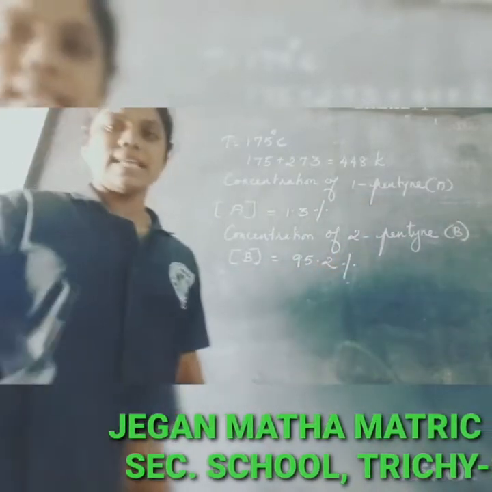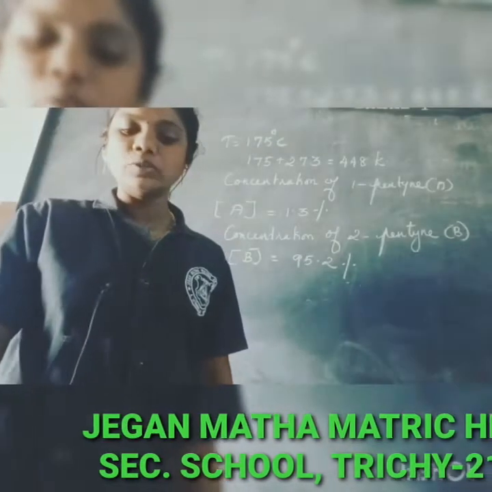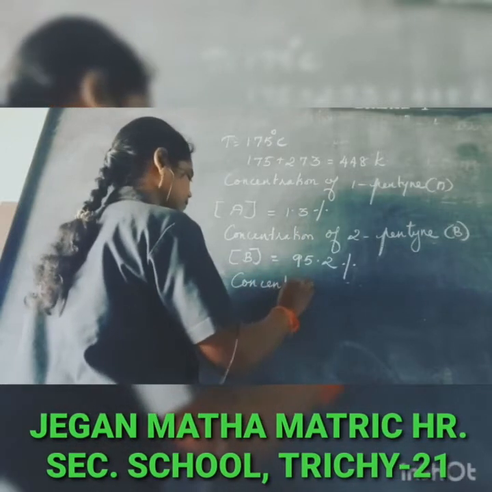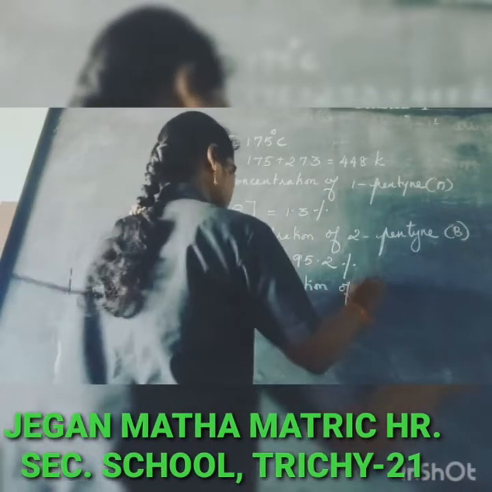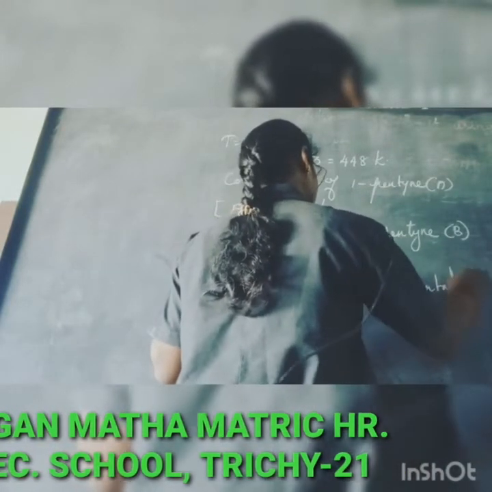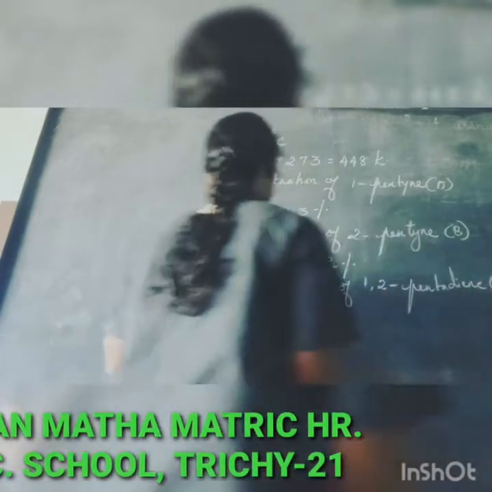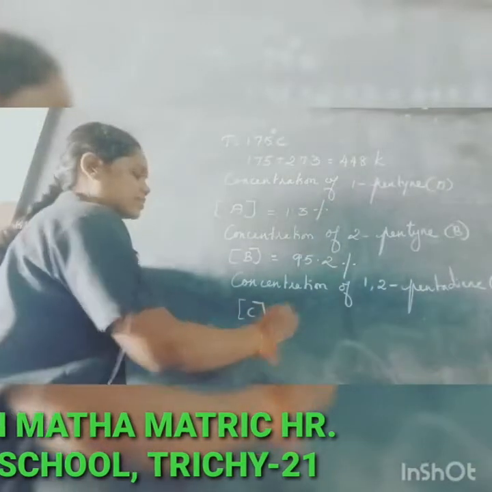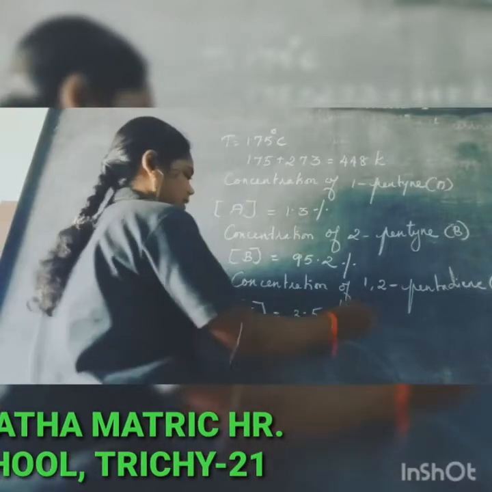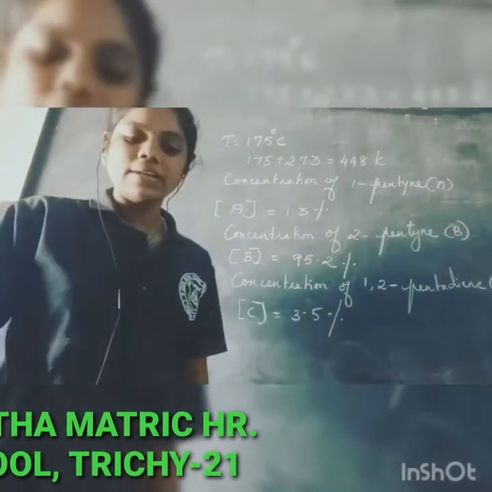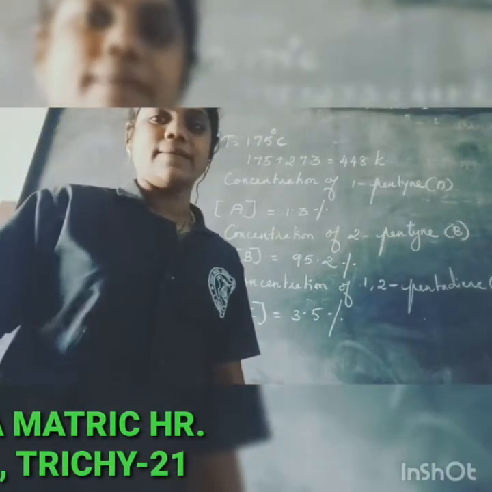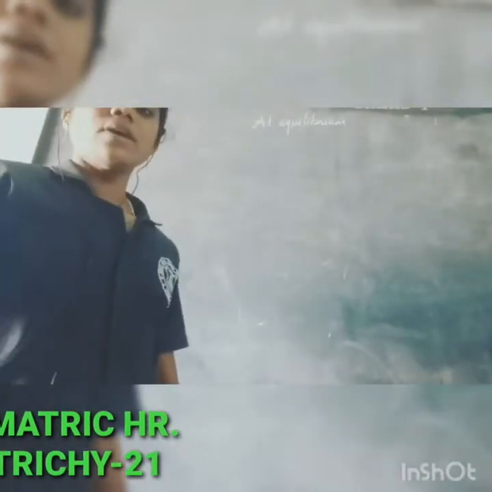And the next compound is C, that is concentration of 1,2-pentadiene. So active mass of C is 3.5%. And then equilibrium. Equilibrium means B gives A and B gives C. So first we see B gives A. Okay, at equilibrium,